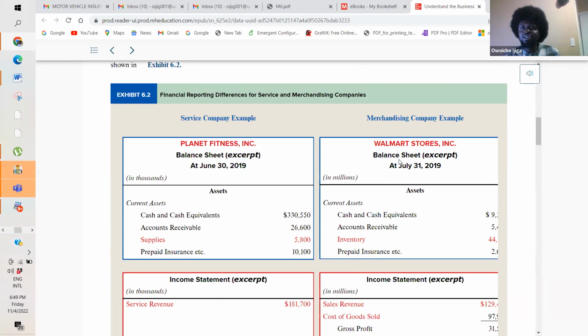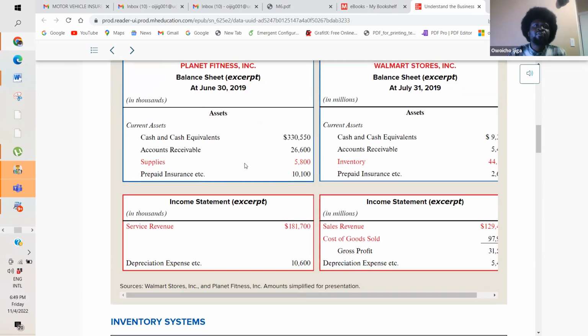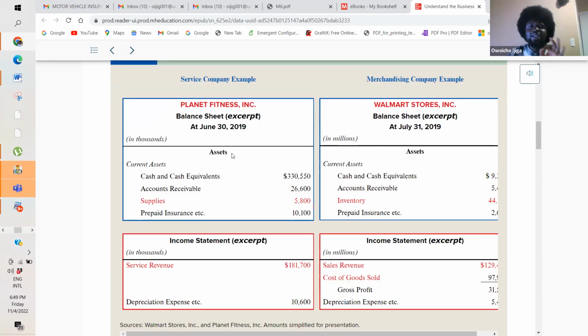It buys inventories and then resells to clients. That is why it's a merchandising company. It is also a retailer because it buys from wholesalers who also buy from the manufacturer. Okay. Now, let's get back to this. One basic difference in the balance sheet of service companies and merchandising companies